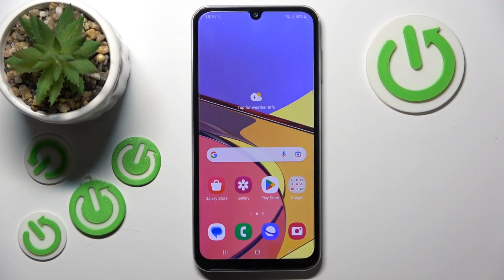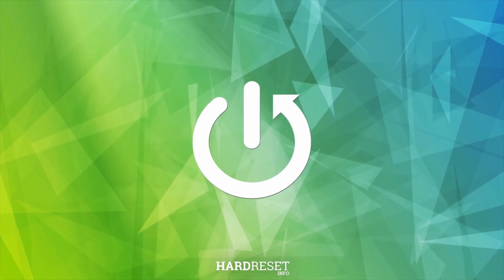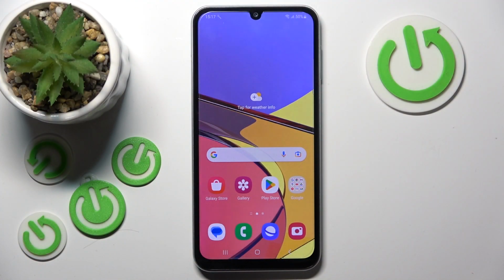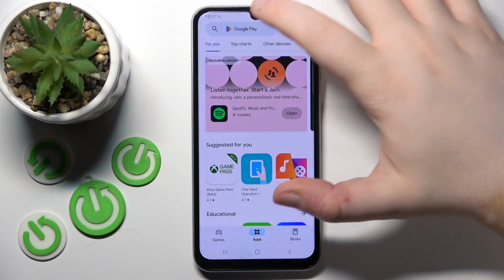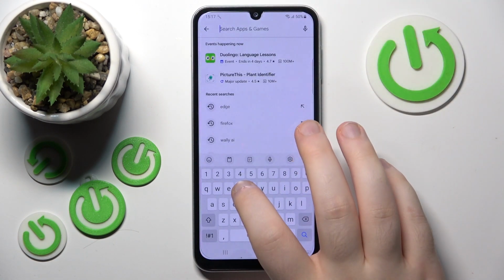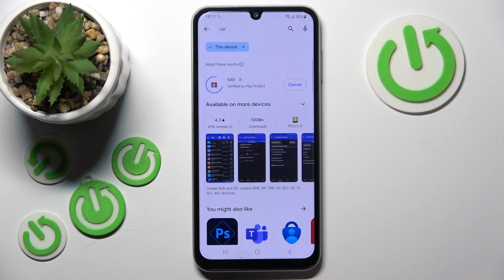Hello, in this video I will show you how to install RAR application on Samsung Galaxy A05s. So you have to start with opening your Google Play Store and now click on search bar and type in RAR and click search. Now you can click install